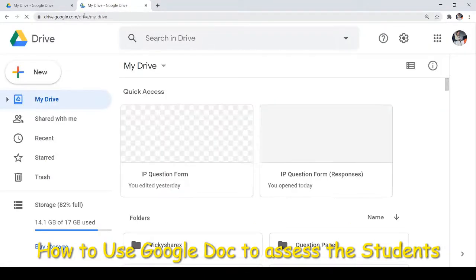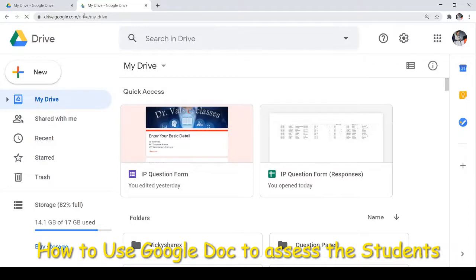But before going through, you must be aware that every person who has a Gmail account can use Google Docs. I have opened this drive here because my account is already logged in, so there is no requirement to log in again. But if your account is not logged in to the system, then it will ask for the Gmail account and password. You will just enter your email ID and password, meaning your credentials, to log in to the drive.